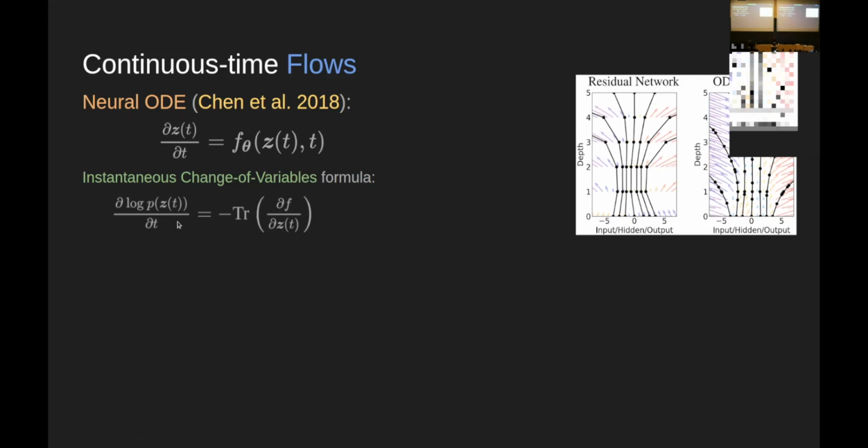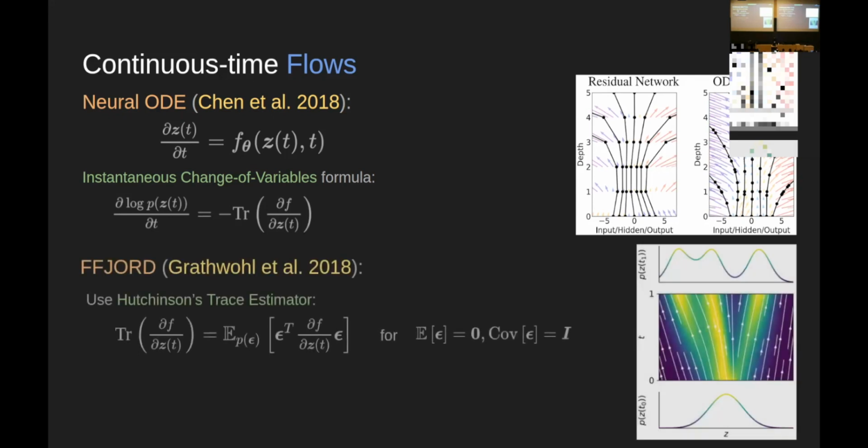So here, the log density changes according to the negative trace of the Jacobian. And the trace is, of course, just a sum of the diagonal terms. This is much cheaper to compute than the determinant. So that's interesting. By going to continuous time, the problem kind of gets easier, although now you have to solve some differential equations. But yeah. So this was